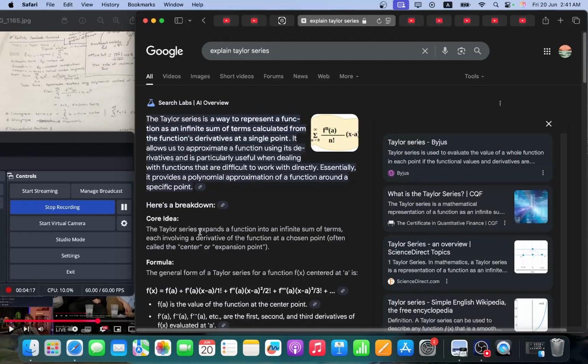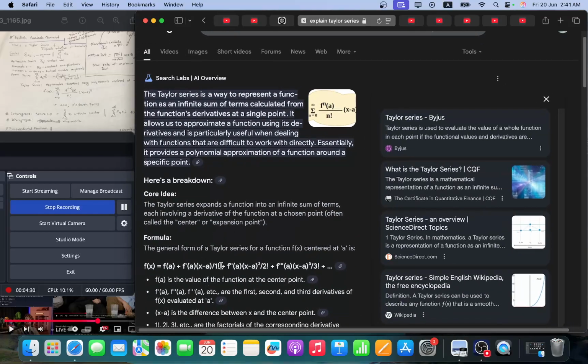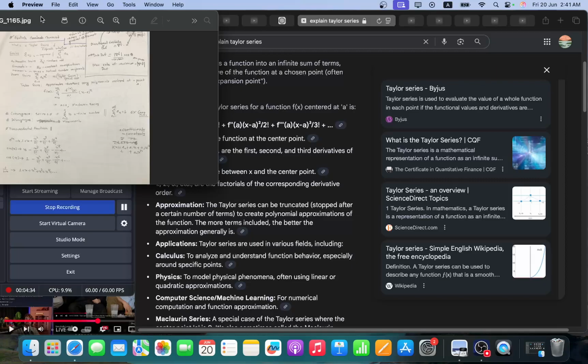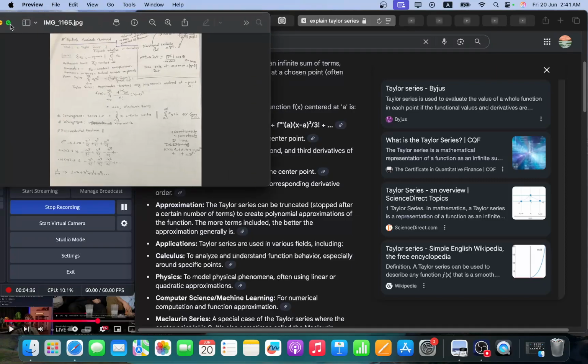Core idea: the Taylor series expands a function into an infinite sum of terms, each involving a derivative of the function at a chosen point, often called the center or expansion point. Okay, so this is the formula, and it's not clearly seen, so what I'm going to do is go into my own